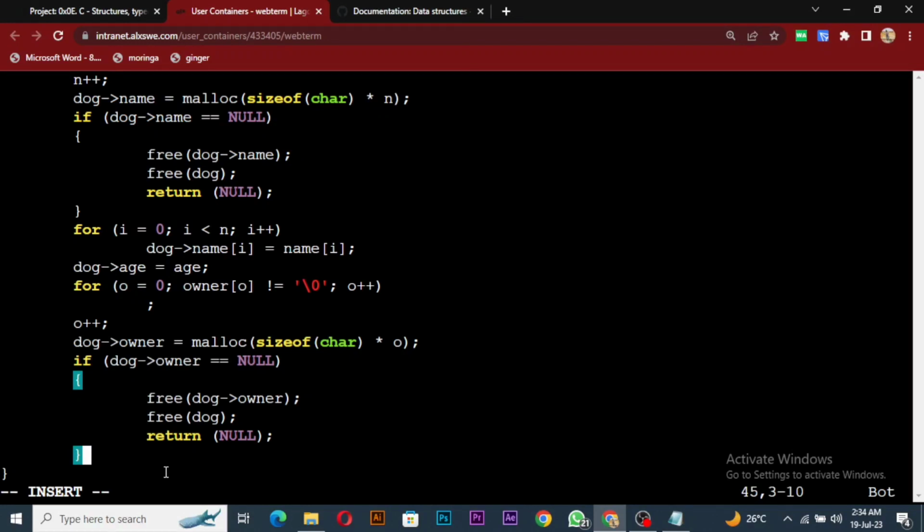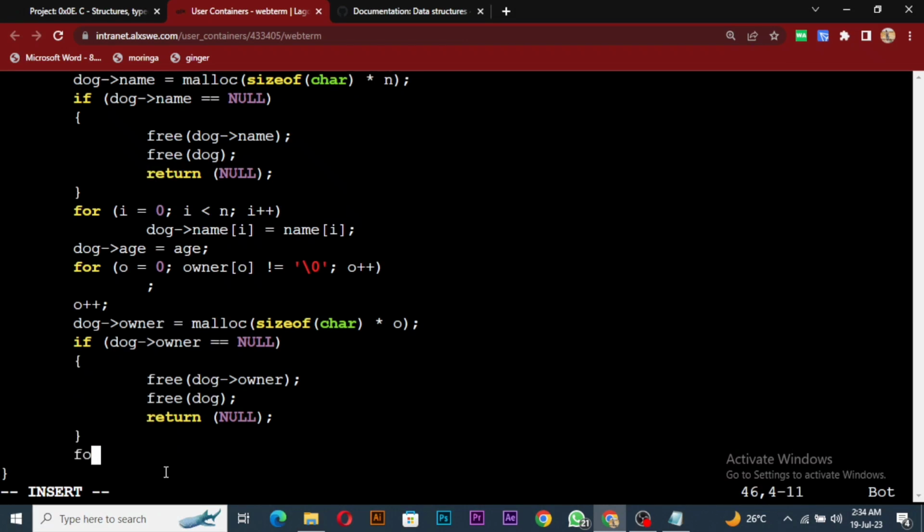Alright, so the next thing is return null. So we want to assign it as well. So come down and say for, so we can use our i again. i equals 0 now, and then... where's it? Okay, owner. Then i equals 0, i is less than o, i plus plus,